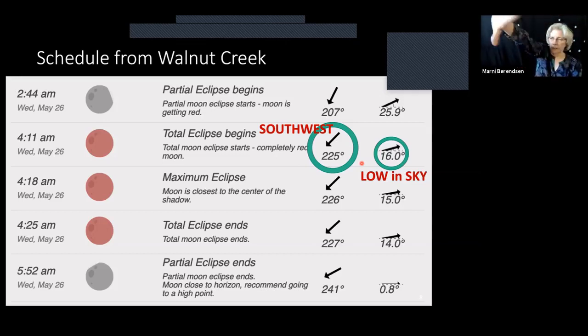This side would mark a flat horizon. But if you've got trees and hills behind your hand at this point, you're not going to see it because it's too low in the sky. If you have clear sky somewhere around your hand, then you know that you can see the eclipse.